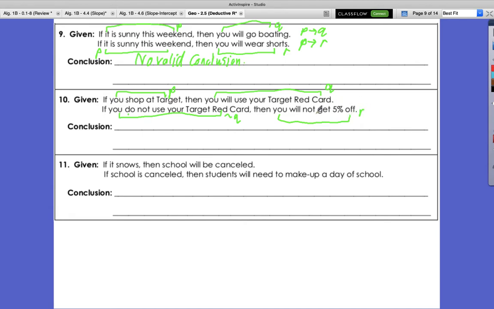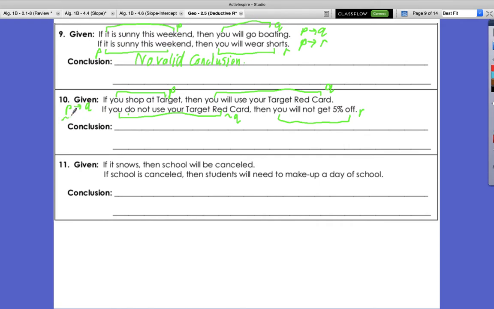Now, Mr. Cossel, as not, shouldn't it be not R? Well, that's a good question. But it'll just say normal R. Because we're allowed to have a statement have not in it. But when we see the statement originally, like Q saying you will use it, and then we see another statement later saying you won't use it or you do not use it, that's when we put the negation, when we see a change. Here, this goes if P then Q,